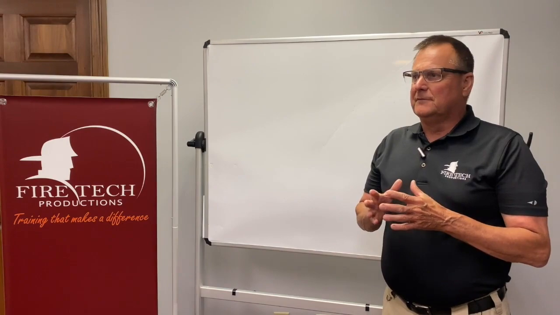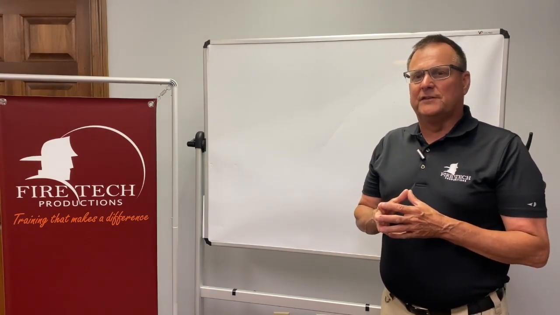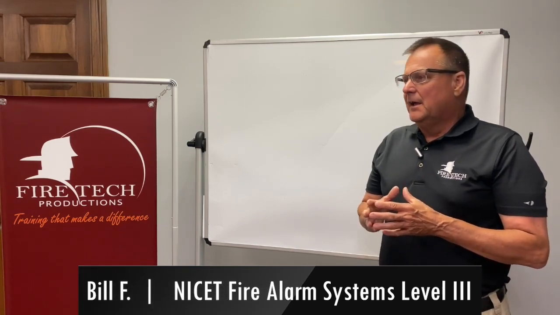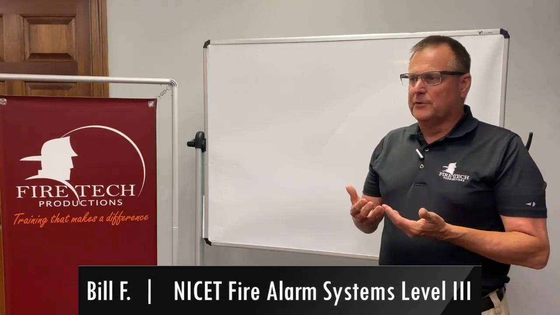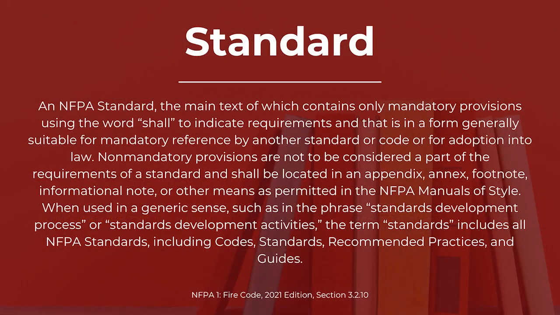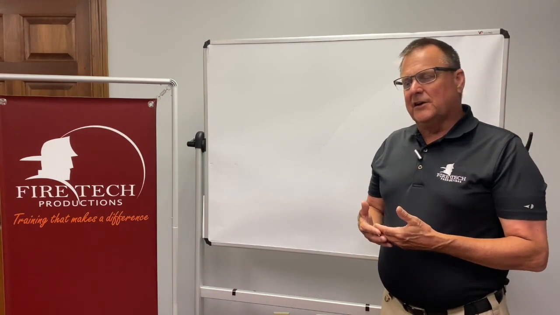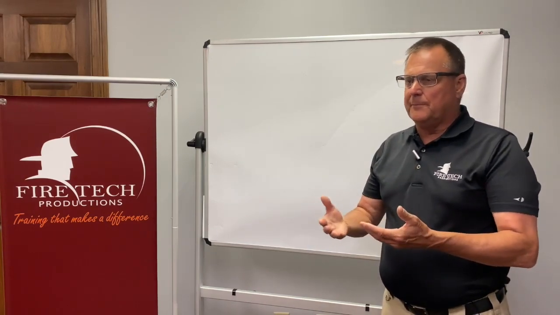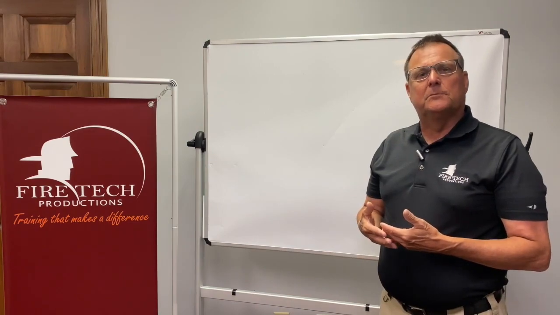One of the common questions that comes up is, what is the difference between a code and a standard? In the fire protection business, we often refer to a standard as an accepted engineering practice, meaning a document that gives guidance that tells you how to install something. And the clarity on the standard is the standard doesn't usually determine when, for example, a fire alarm or a sprinkler system goes in a building.